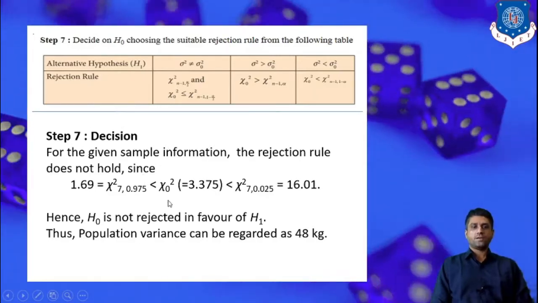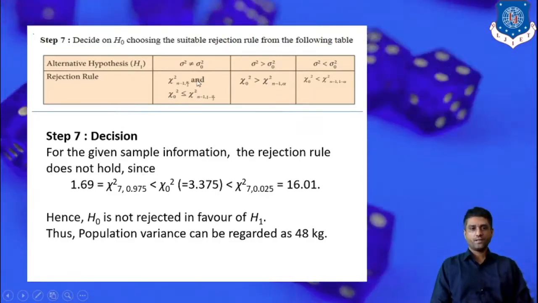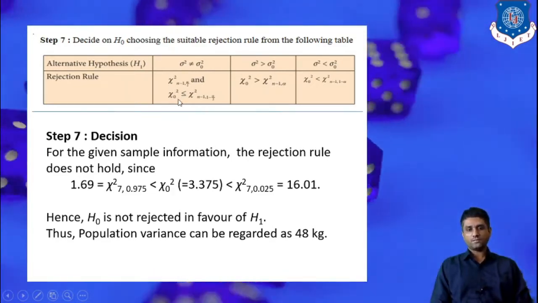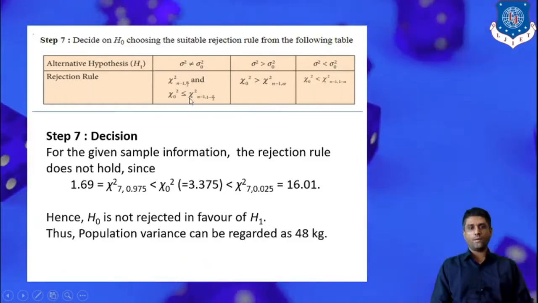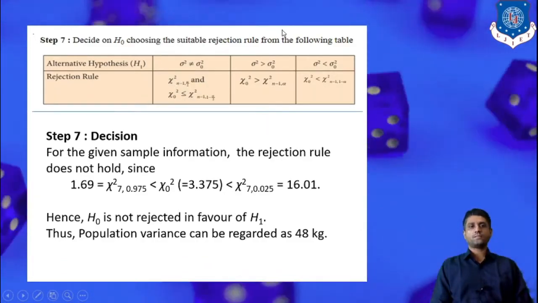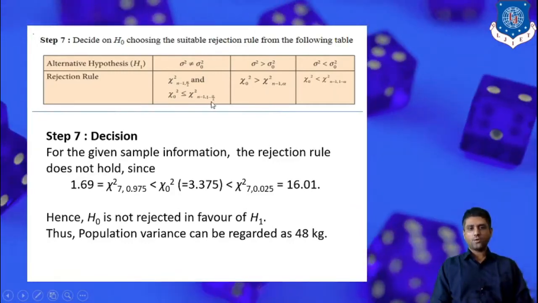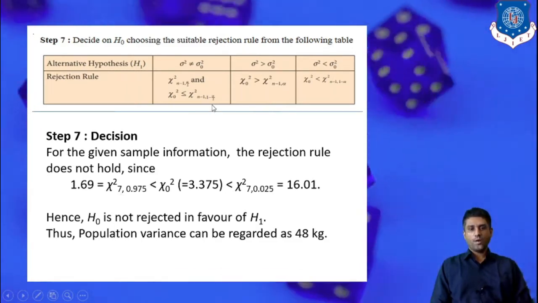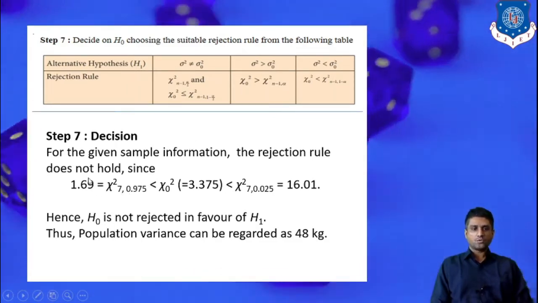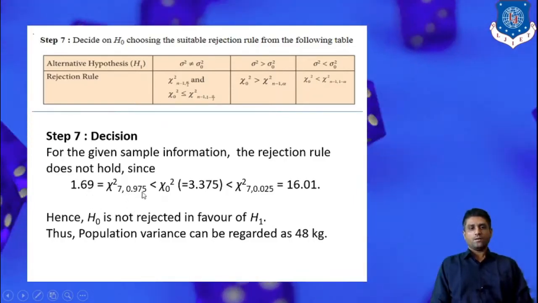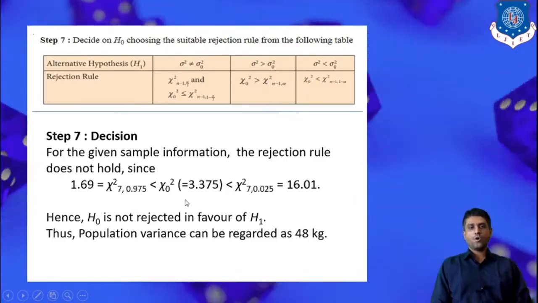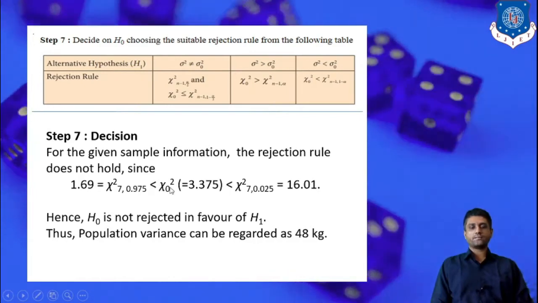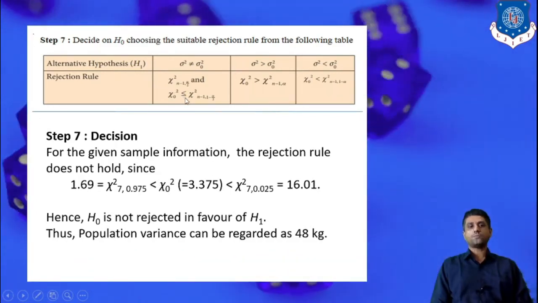And the observed chi-square value is 3.37, and the chi-square statistics suggest that if the observed chi-square value is less than or equal to the experimental chi-square value, then in that case the null hypothesis is rejected. But when we consider this 1 minus alpha by 2, that is, for n minus 1, so 7, and 1 minus alpha by 2, that is 0.975, these are the experimental chi-square values. So it tells 1.69, and the observed chi-square value is 3.37. So definitely the experimental chi-square value is less than the observed chi-square value. So it is against this.